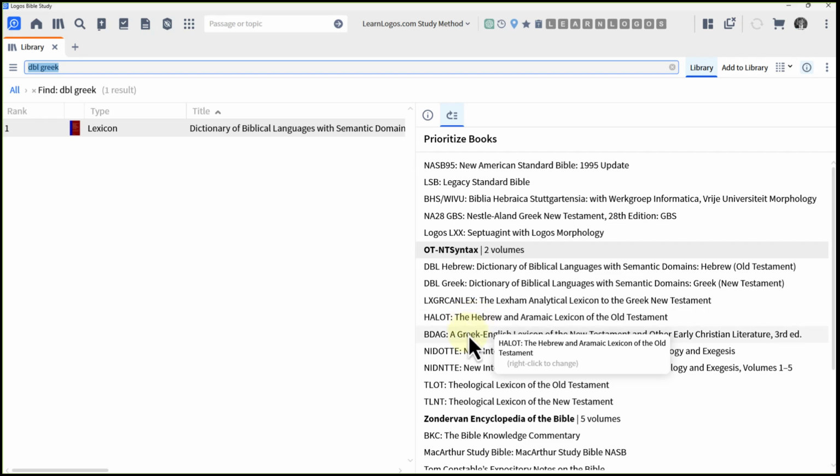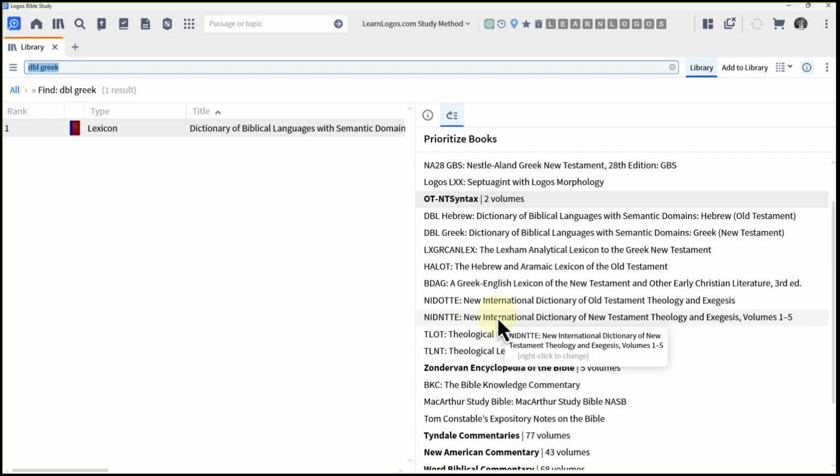There's your HALOT and BDAG. And then the last group is the theological lexicons. These are heavy duty. And again, their focus is understanding the theology of the word and how it's used theologically, whereas lexicons like HALOT and BDAG are really focusing just on the word itself, and so their focus is meaning. So think of the first ones as definitions, and this theological focus on the implications of what this